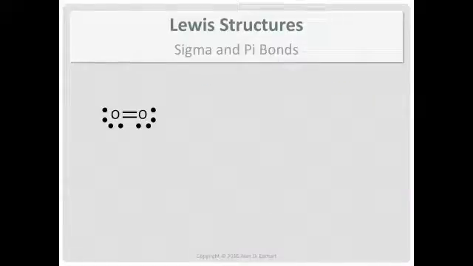So how do we describe the bonding in ozone? Well, for any molecule, we're going to consider the first pair of electrons that are shared to be sigma bonds. So every single bond is a sigma bond. And every double bond is a sigma bond plus. Plus what? Well, if it's two or more shared pairs of electrons, then the second and up, those are the pi bonds.